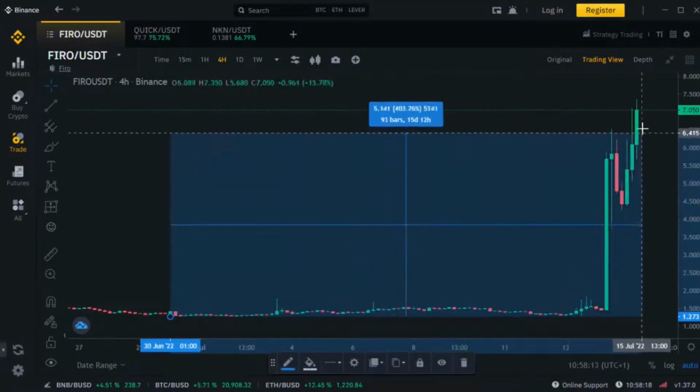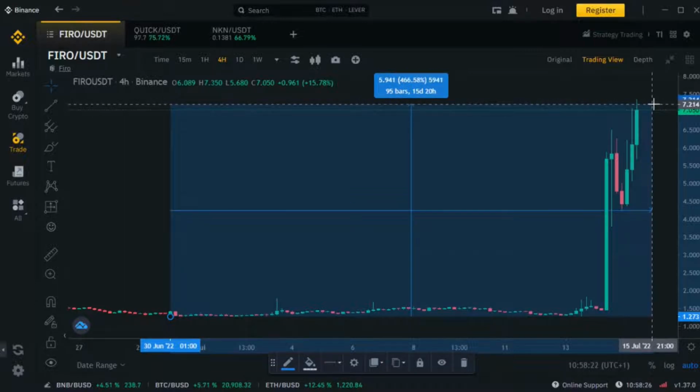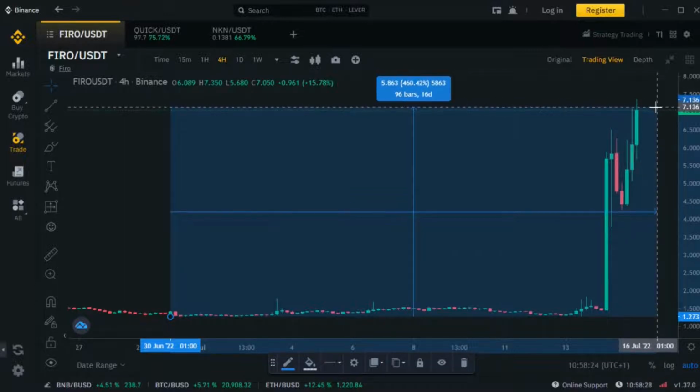And finally, it bounced up by approximately 460% to complete its standard circle of a bullish trend operation at the highest price of the bullish trend, which is